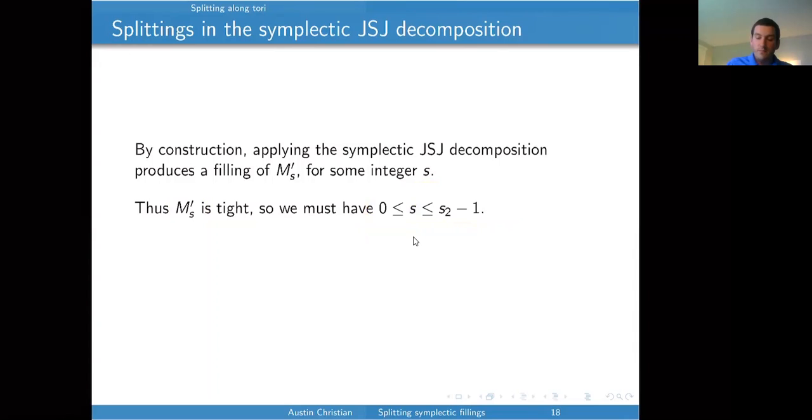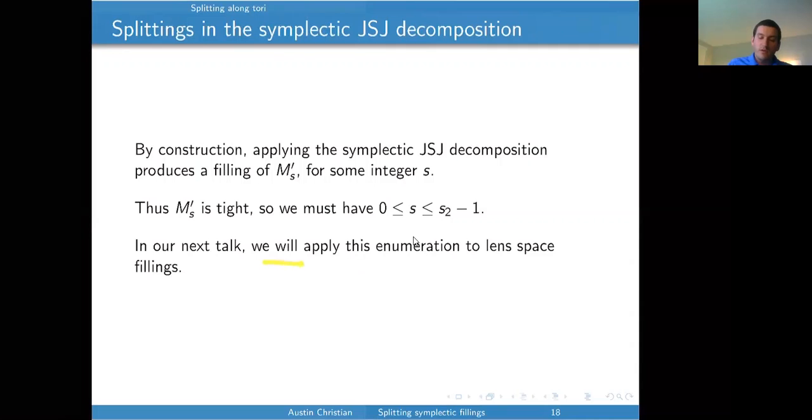So in our next talk, we'll try to apply this enumeration that's given here to lens space fillings. So we can talk about what happens when you split a lens space along the mixed torus with one of these given slopes. So I do apologize for rushing somewhat through the notion of splitting along a mixed torus,